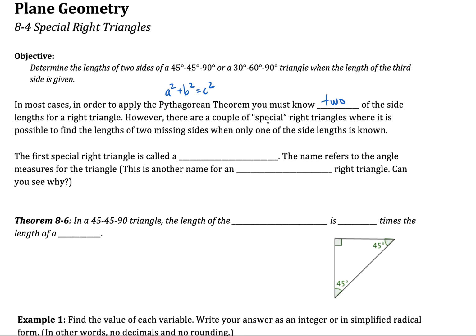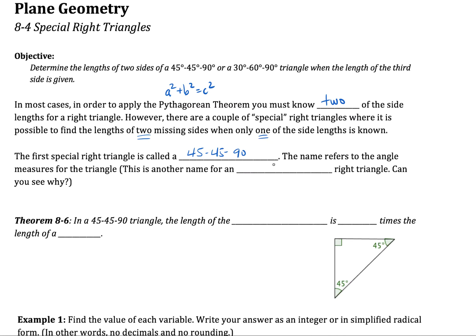However, there are a couple of special right triangles where it is possible to find the lengths of two missing sides when only one of the side lengths is known. And that's what we're going to be looking at. That's what makes these triangles special, because if we just know one of the side lengths, we can actually find the other two. Now, the first of the special right triangles, it's called a